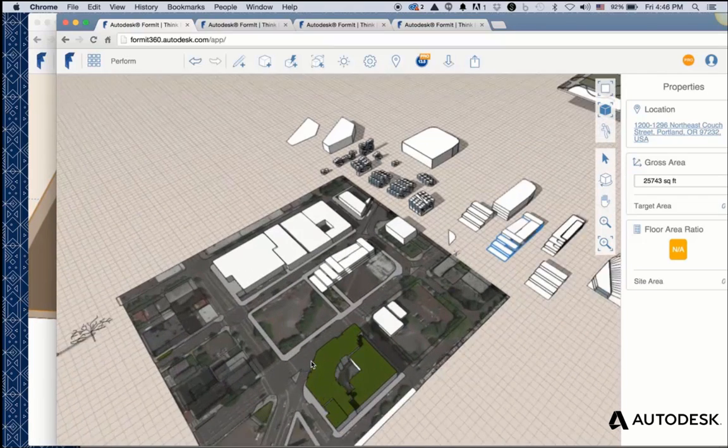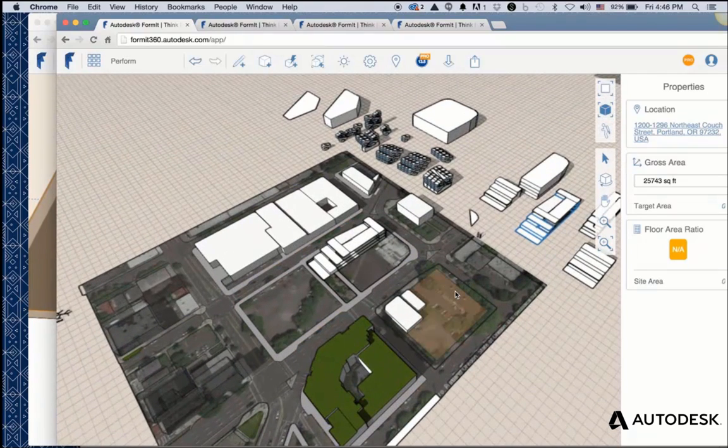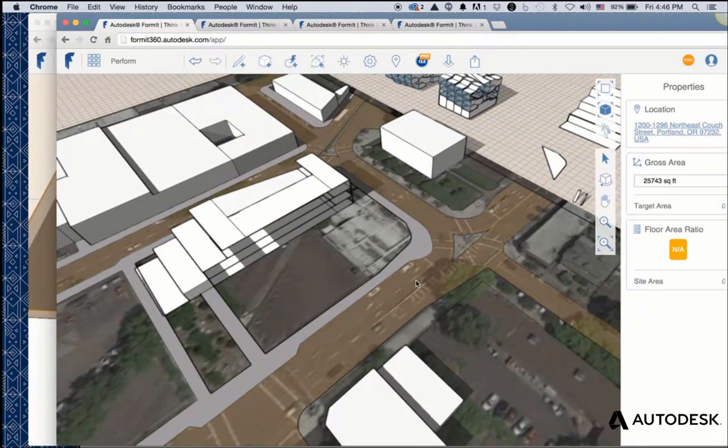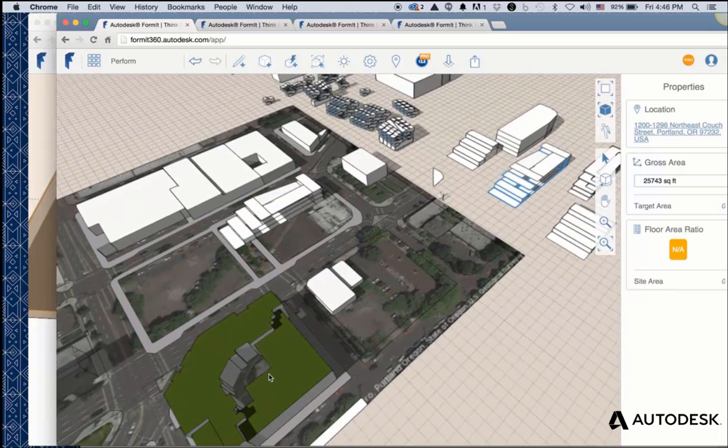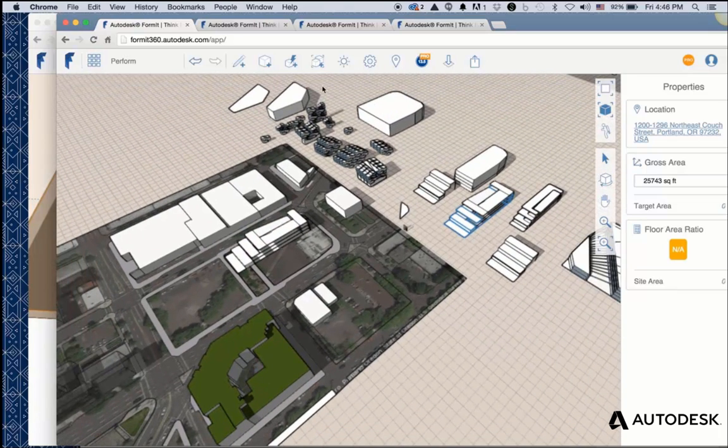And so we began to simply go off of the FormIt given Google map, and we began to model our roads. We modeled our intersections, our sidewalks, our existing contextual buildings,